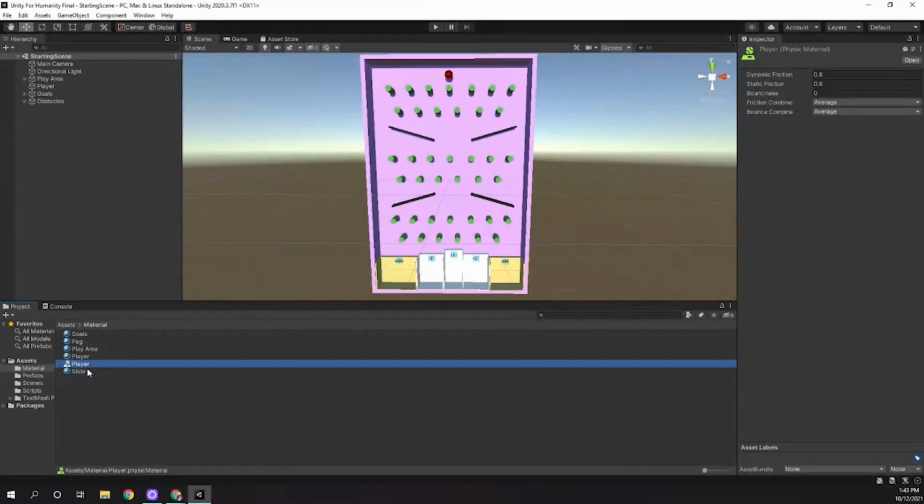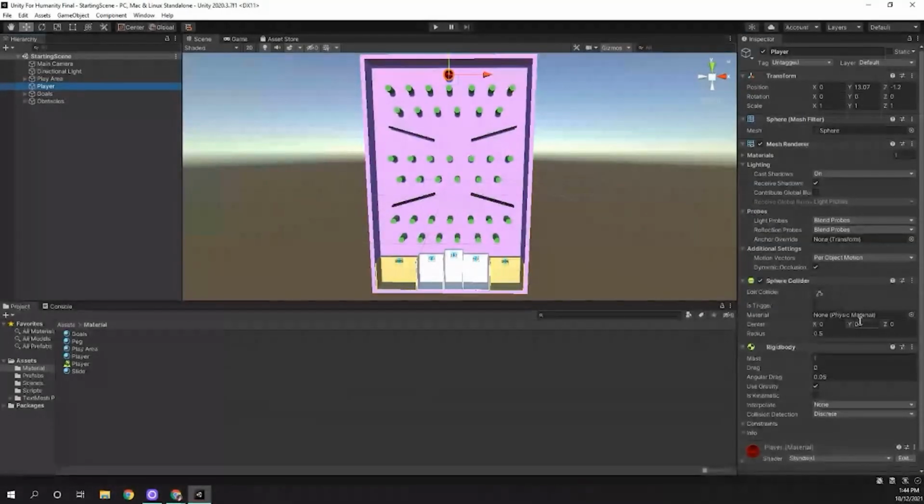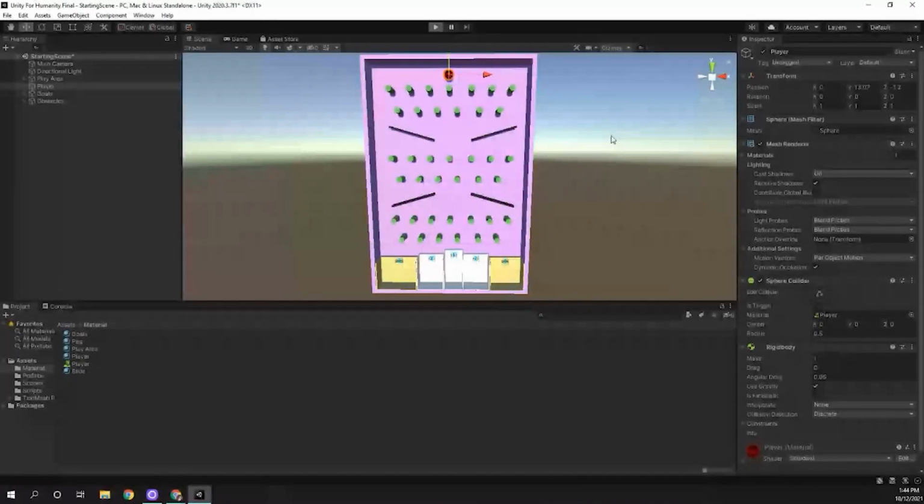So with the physic material player selected, I'm going to come over here into the inspector, and you'll notice that there are a whole bunch of interesting things that we could play around with, but I'm just going to set the bounciness to 1. Feel free to play with these numbers and do whatever you want. There's plenty of room for experimentation here. Then I'm going to reselect the player in my hierarchy, and I'm going to drag and drop the player physic material into the material slot of the sphere collider. And now when I play test,